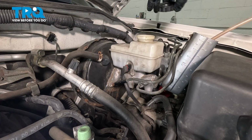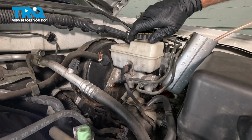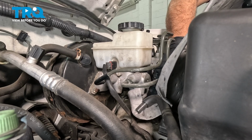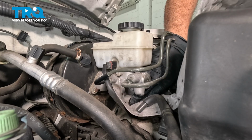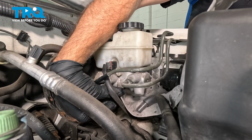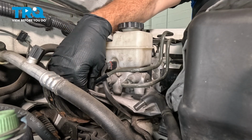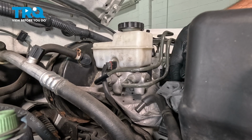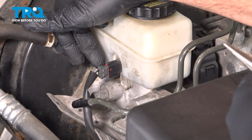Once you feel that the reservoir is drained enough, go ahead and throw that cap back on there. We're going to place some absorbent mats underneath here. That way, when we crack open those brake lines, it'll capture some of that fluid if there's anything left in there. And once you have that mat in there, we want to go ahead and disconnect our electrical connector